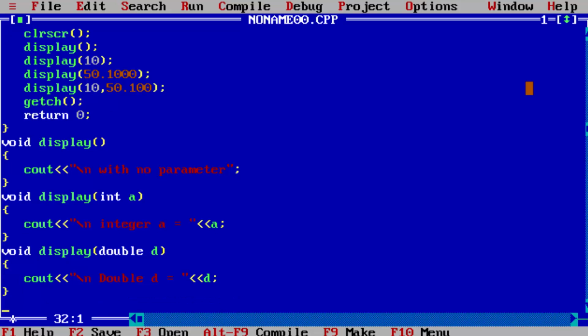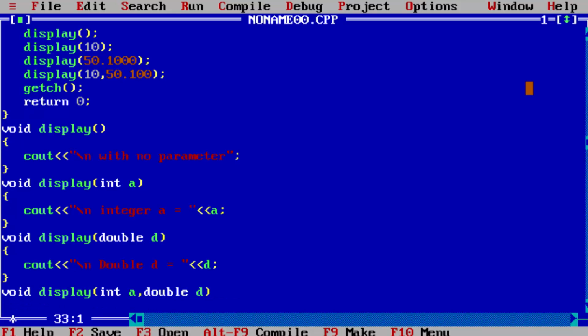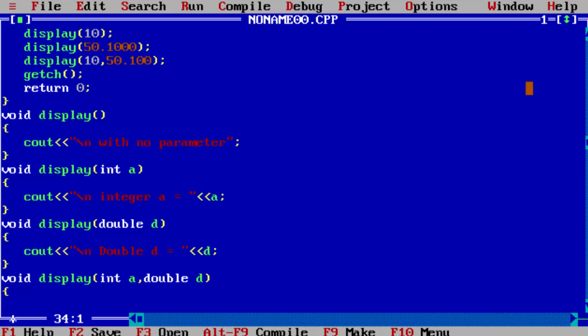And now write the last method, void display. In that you have to pass two parameters, like integer a comma double d. So cout \n integer a equal to, for example a, and